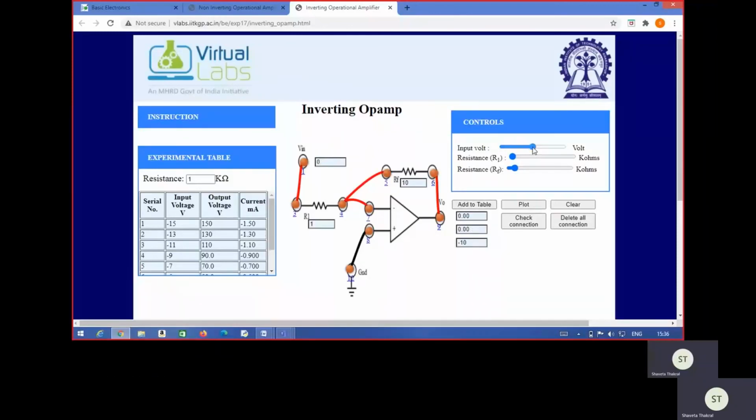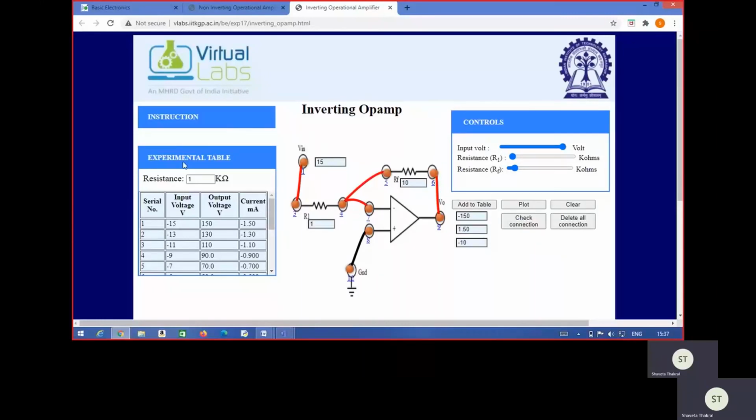Then after that we can take 1 volt, then next we can take 3 volt, then 5 volt, then 7 volt, then 9 volt, then 11 volt, then 13 volt, and finally 15 volt, add it to table. So in this way we have completed the various readings for input versus output, and all the readings are recorded